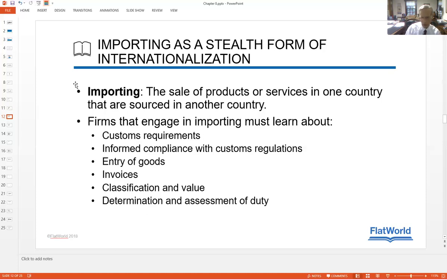And what the authors are attempting to say here is that although companies in a particular local domestic industry may think that their businesses are not international in nature, they still may be without knowing it,